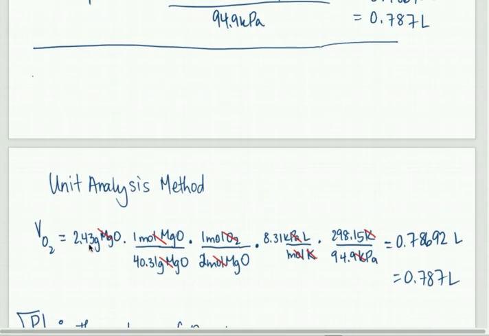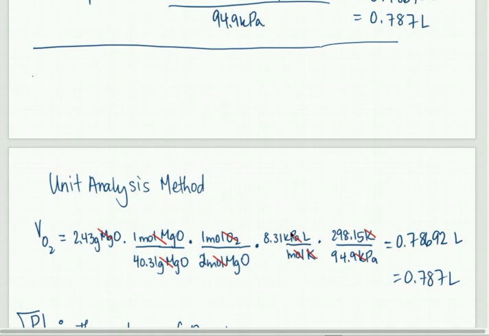So that's the unit analysis method, people. Again, we're starting with the mass. We're using our molar mass to get to the moles, the amount island, by flipping the molar mass. Then we're going to use the mole ratio. So again, the oxygen was what we need to find, so that's the unknown, and then the known goes on the bottom. Then we're going to throw in the R, the gas constant, right away, so we know how to stack everything else up. Okay,